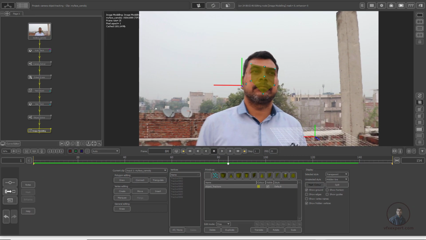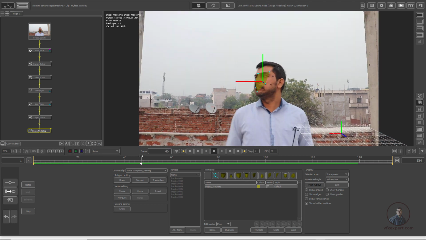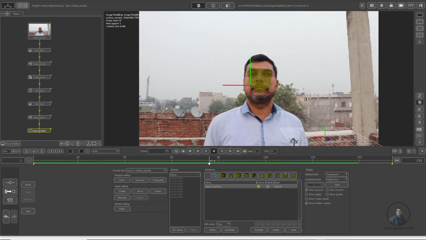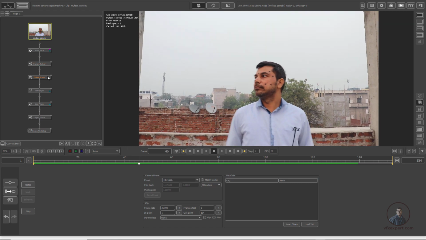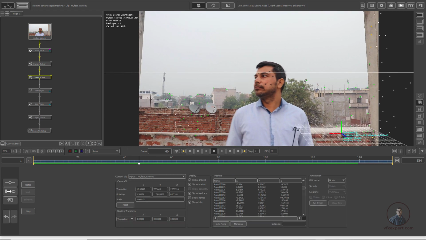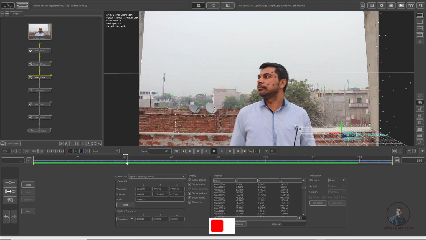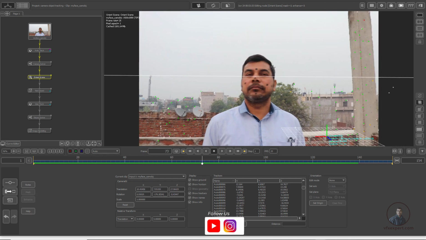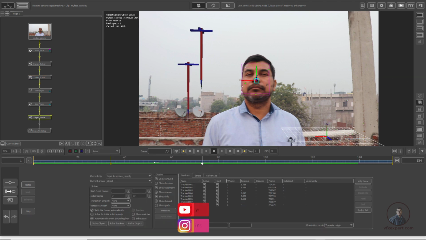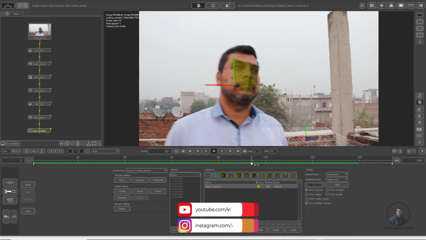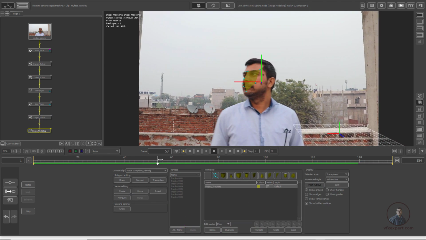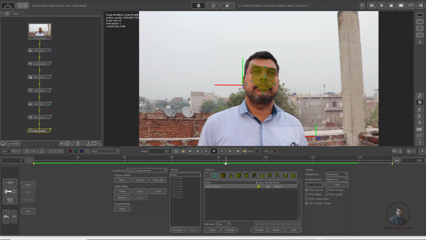So now here in PFTrack, there is our shot. I have tracked my shot and created some test objects here. There is our main shot. First I tracked our camera, then I solved this camera and oriented our scene. So there is our camera solved. After this I tracked this face motion, or object motion, and solved it here. So there is our object motion. You can see our test geometry, which I have placed on this face. Now finally we are going to export this camera plus object tracking data from PFTrack to Blender.